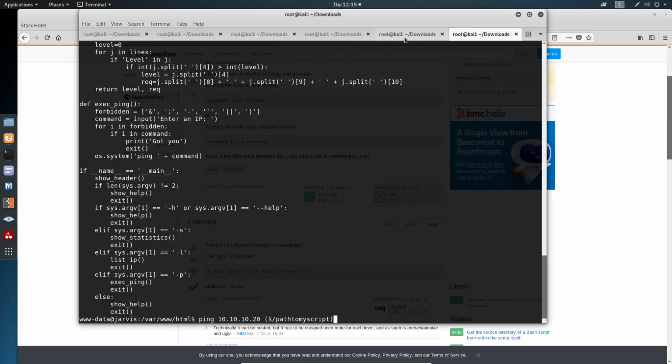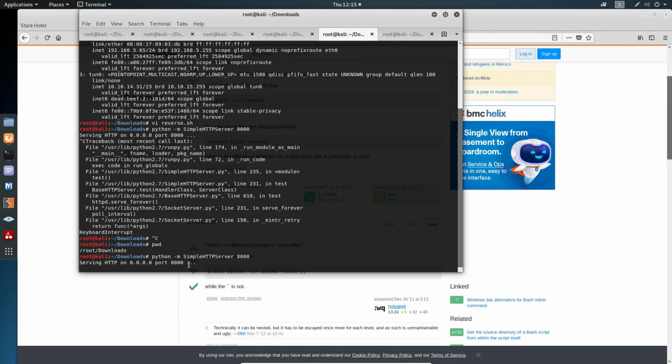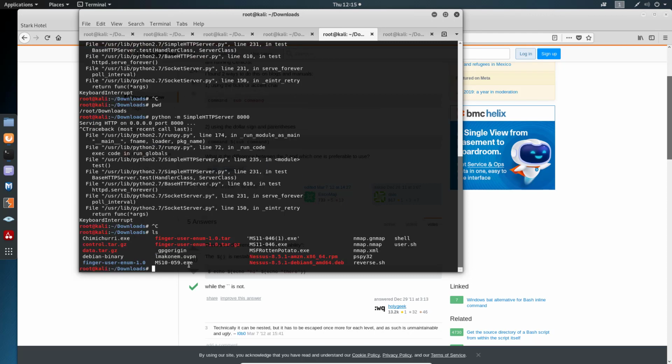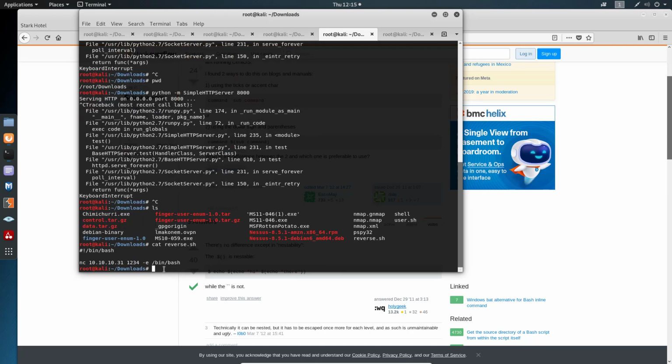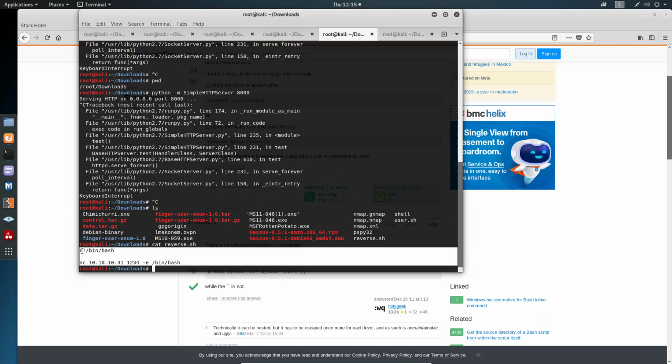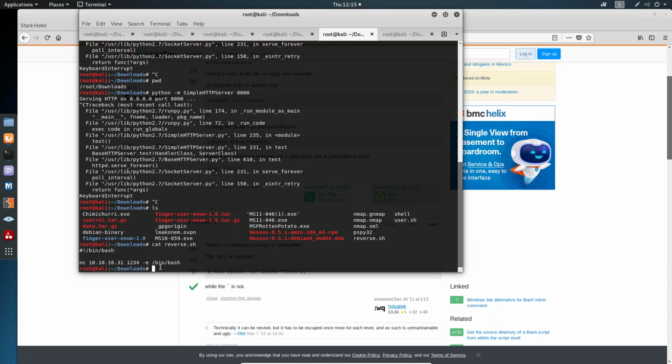So if I come here, let me end this. If I do an ls, I have a reverse.shell here. Let me show you what it is. It's just a bash reverse script. So what I'm going to do is I'm going to get this script all the way to my victim machine. Then from there, I can execute it. And this is the syntax. Let me open a